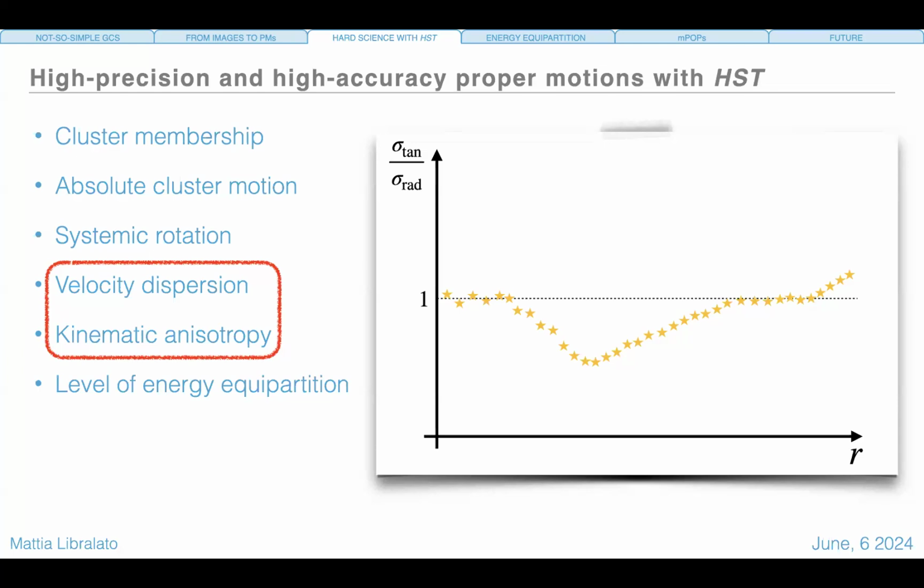Thanks to HST and Gaia, we were able to probe this at least partially. We were able to see the radially anisotropic region for some clusters. What is still uncharted territory is the edges of the cluster. With HST, it's not even feasible to ask for time to get this kind of measurement. Gaia technically has the potential, but